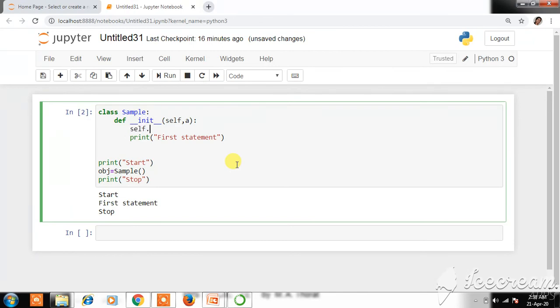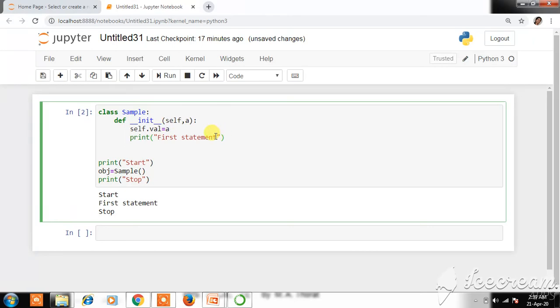We'll write self.val. The object which calls the init method, that reference will be stored in self, and through that reference the value will be updated. So that object's val is updated through this statement: self.val equal to a.